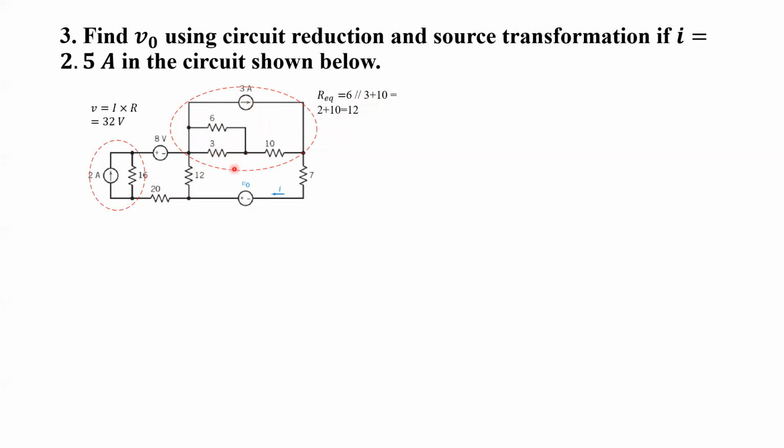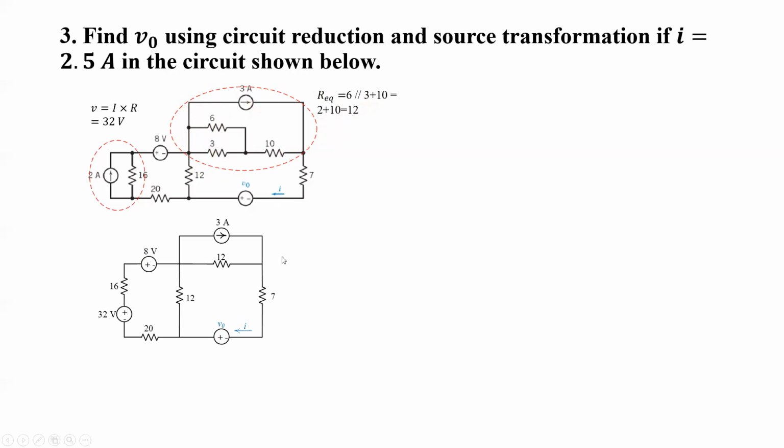So here also we can reduce this circuit and make it 12. Now we'll get this circuit, right? Where we've reduced these three elements into 12, and here the 2 ohm resistor with 2 ampere current source with 16 ohm resistor, we've converted into a 16 ohm resistor in series with the voltage source, right? And the polarity of the voltage source will be like this, minus plus, and this arrow, if you see